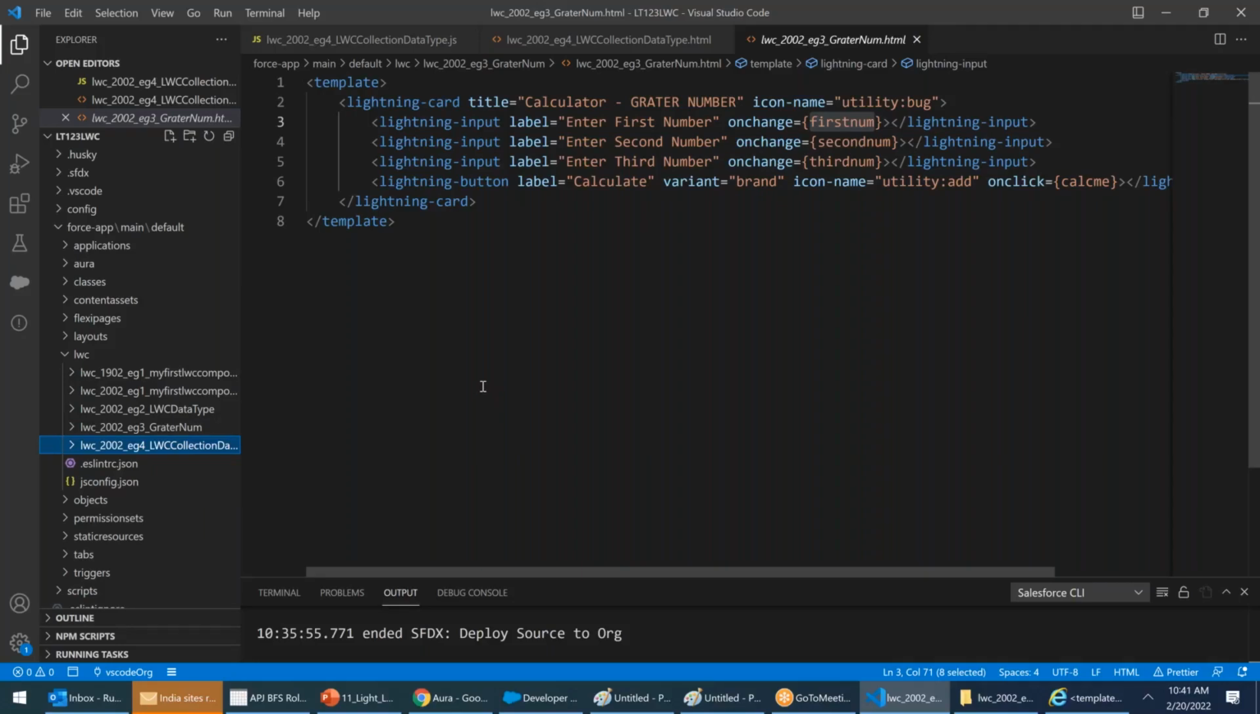Okay, write down the homeworks first. Number one, write an LWC component to calculate simple interest. You know that: P T R by 100. So you have to write an LWC component, not a Lightning component, a Lightning web component. Next, write a Lightning web component to calculate